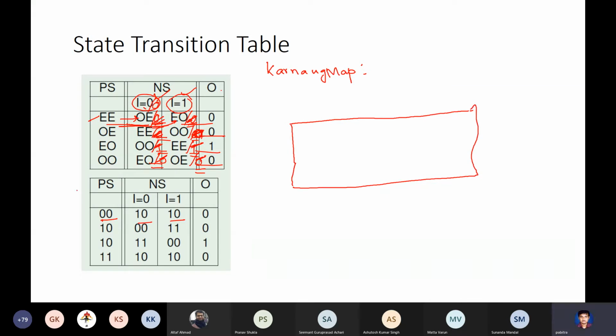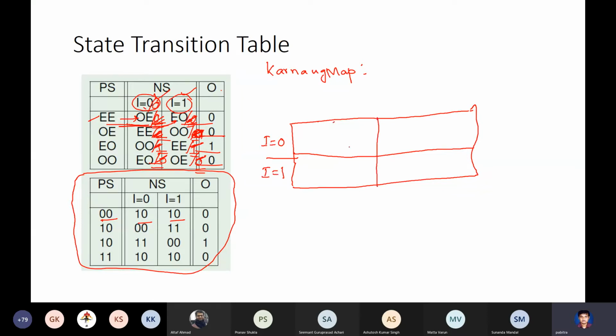I'm just taking this state transition table and writing it as a Karnaugh map. So what I'm doing is as follows. I am writing the input I to be 0, and I to be 1,